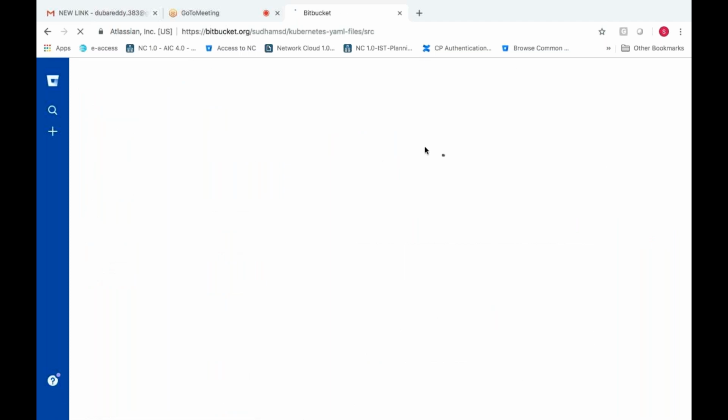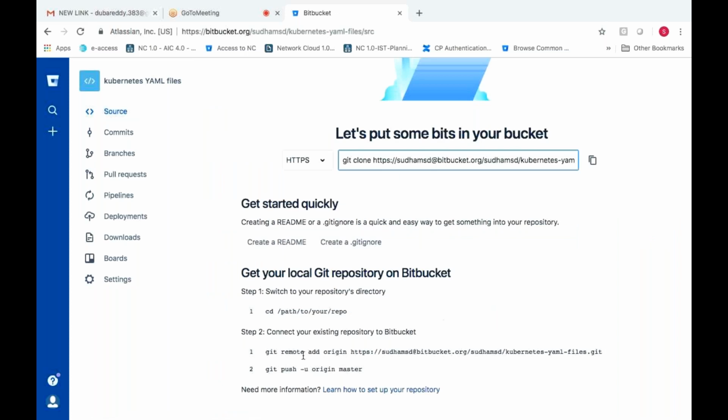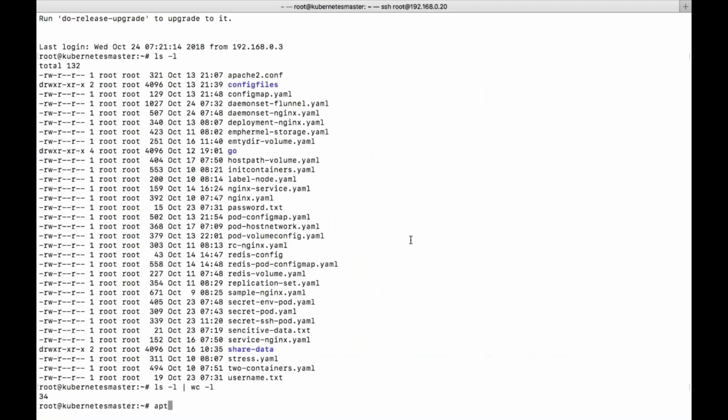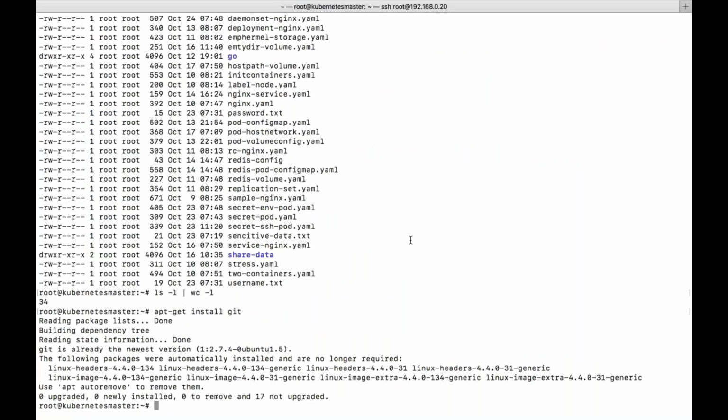Take this particular link. Run apt-get install git, since git needs to be installed as a package. I'm telling you how to store your data into repositories. Git is already installed with the latest version. Here I have all the important data.